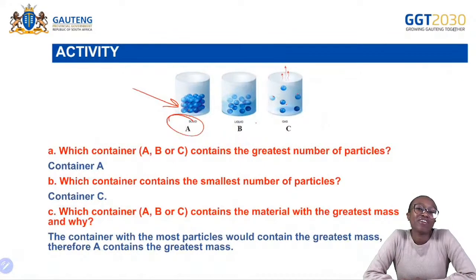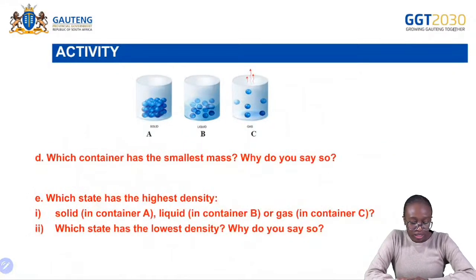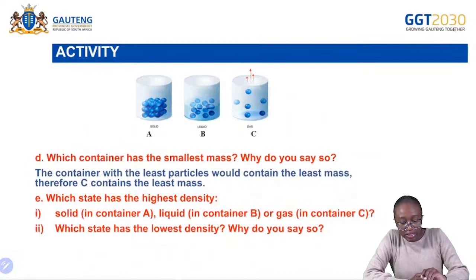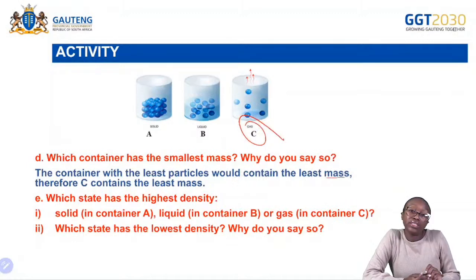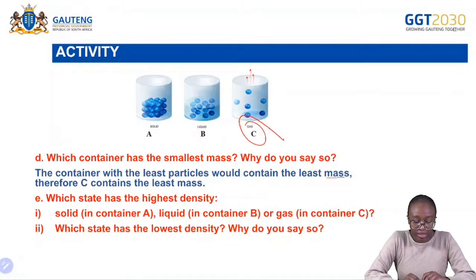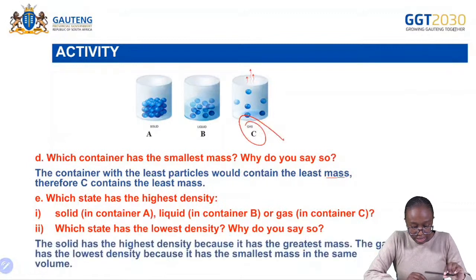Welcome back, learners. Now let's answer the last 2. Which container has the smallest mass and why do you say so? It is container C. Why? Because the container with the least number of particles will have the least mass, and which state has the highest